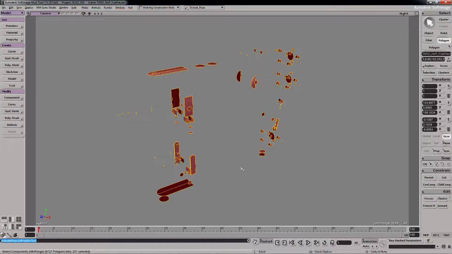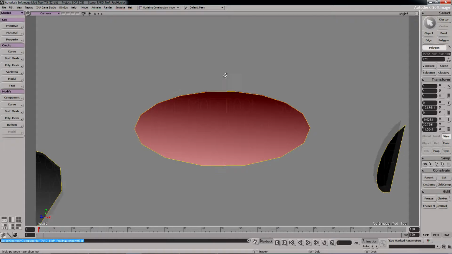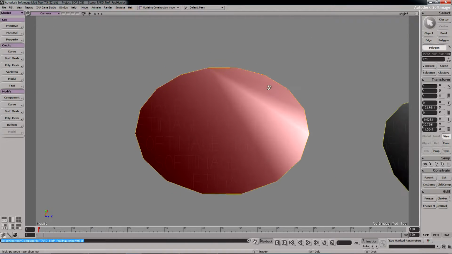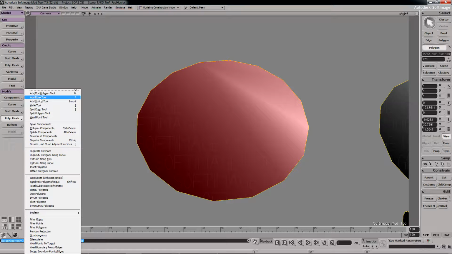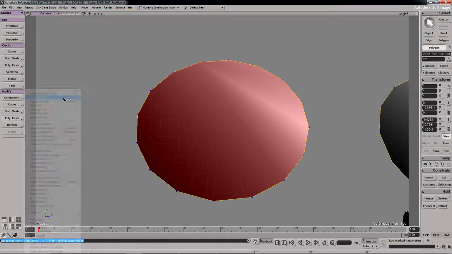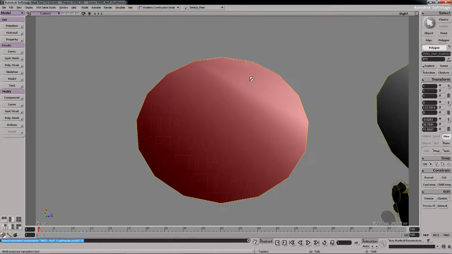So let's look at a couple different methods of getting rid of your n-gons. First, I'm going to make sure I'm on raycast, U key. I'm going to select this top poly and press F for frame. Now I can rotate about this poly. Using the backslash key to add edge, you can also access it through the modeling toolbar window here. And you want to access it through add edge. And we'll just make this